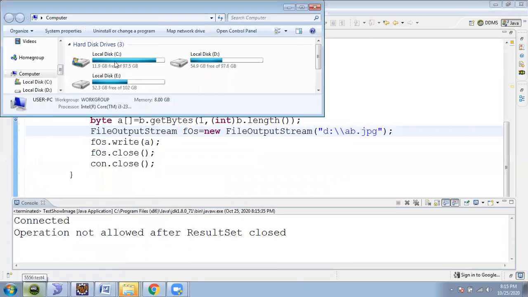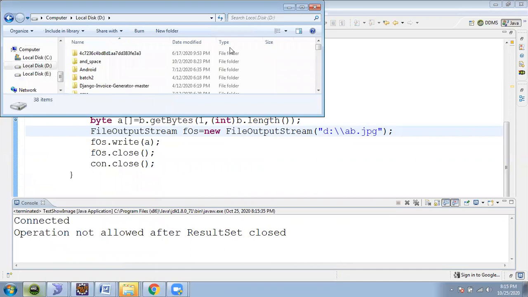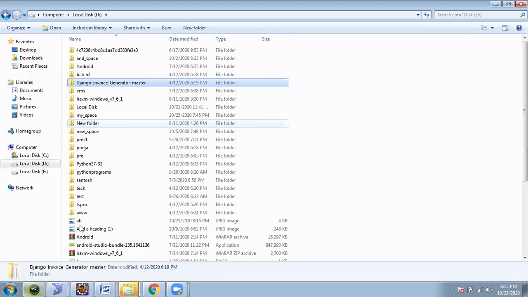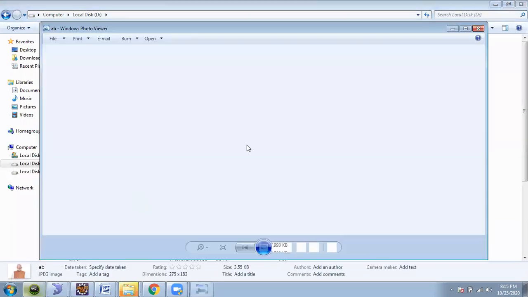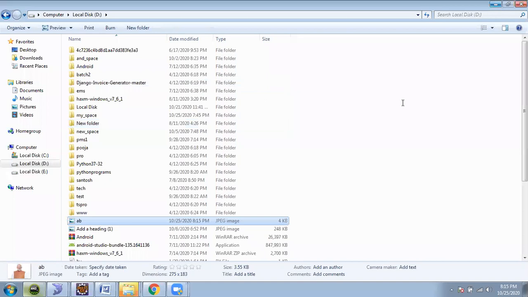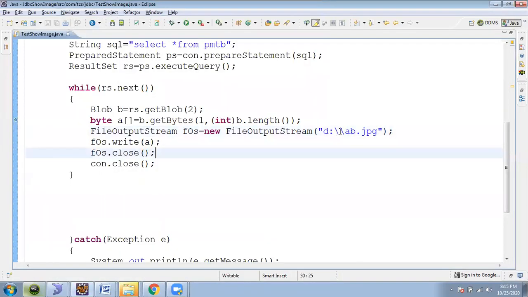What is the name of the file? Okay, it is the D drive. It was not there. You have to create your name, Sachin. All right. You are not Modi, but I suppose.